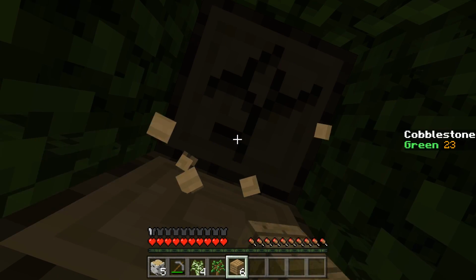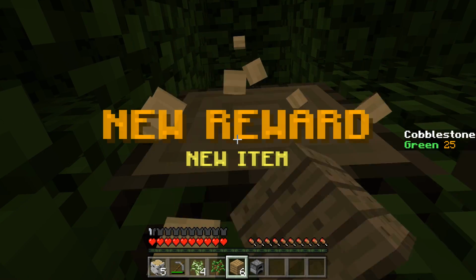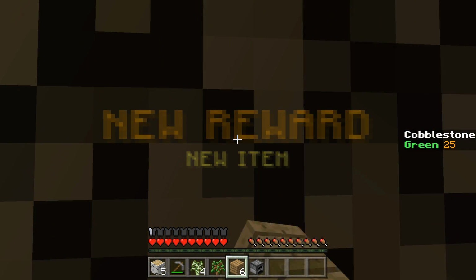I'm just going to play it safe. I'm just going to stand on this island, punch cobblestone. Yes, get that score up. That's probably a good idea, because then... Oh, we got new items. Maybe it's keeping a running total overall, instead of...